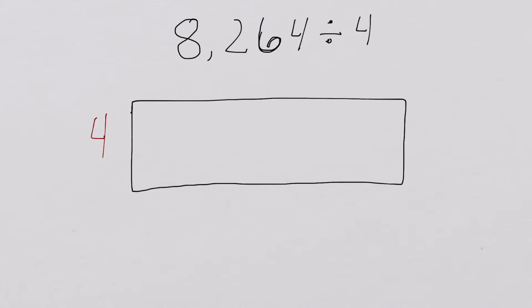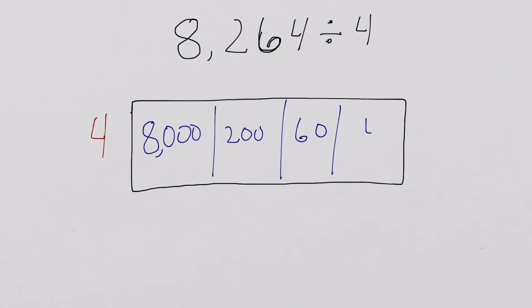And remember, we're taking our dividend, the number that is getting divided, and we are writing it in expanded form inside. So if we're going to expand 8,264, we're going to expand it into